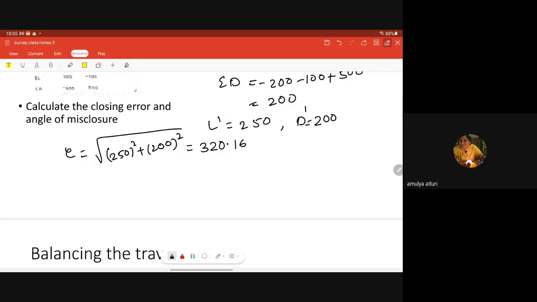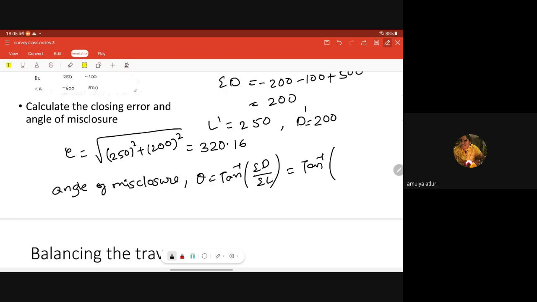And next they are asking the angle of misclosure. Theta is equal to tan inverse of sigma D by sigma L, right? So tan inverse of, what is your sigma D? 200. What is sigma L? 250. So tan inverse of this value is 38.65